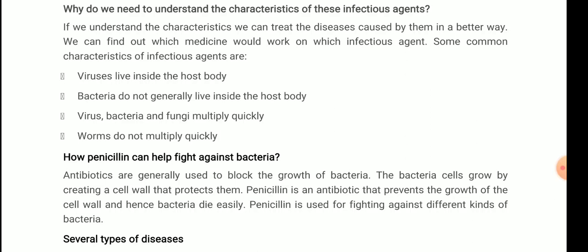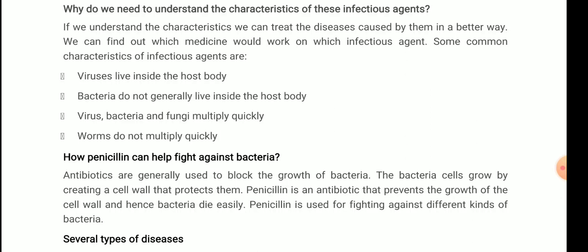Worms do not multiply quickly, and generally the worms live in the intestinal area. The majority of the worms causing infections are of the intestine and stomach, because they need food. They are slow developing animals and they do not multiply quickly. Because at the intestine or in the stomach they can get food easily. Otherwise, other parasites can feed on blood or other things, but worms need food.